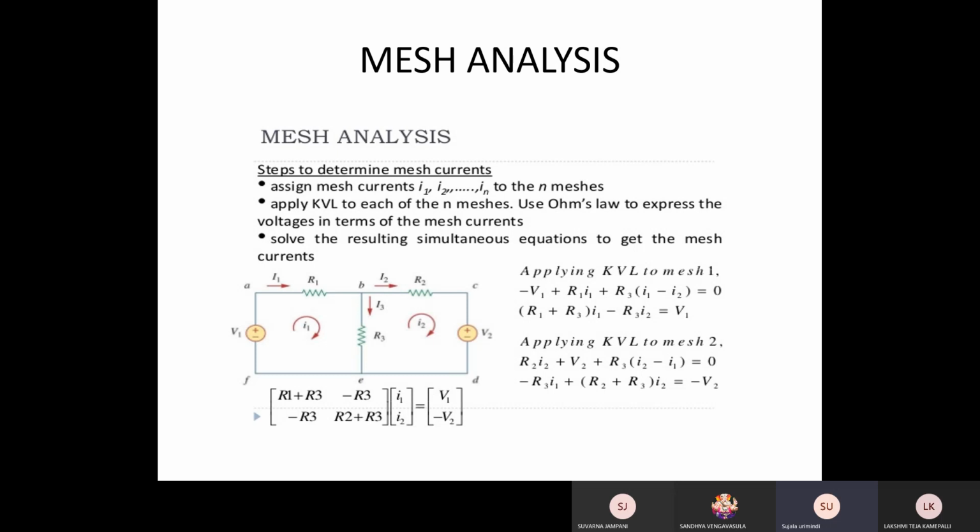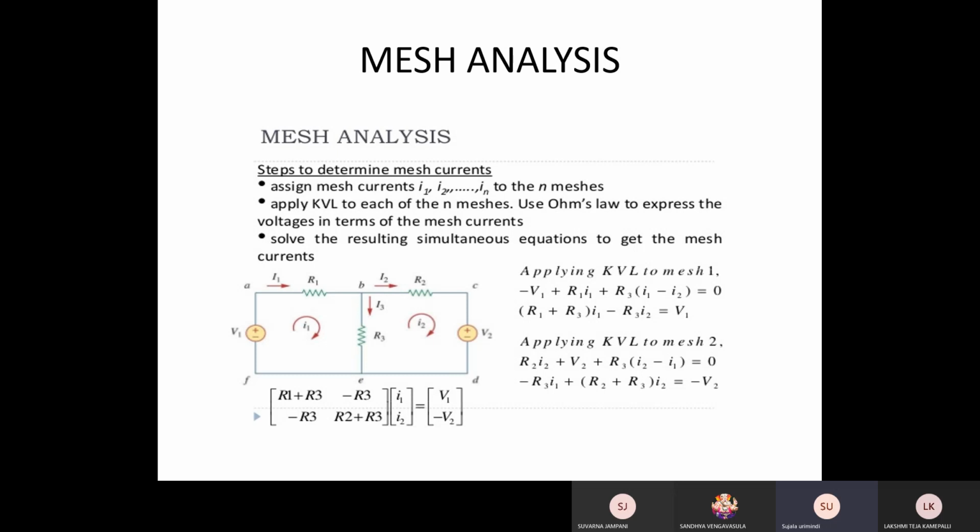2 loops. Next, depending upon the direction of the current, we have to put the polarities. That means when the current is entering, put it as plus, and when leaving, put it as minus. Like that, we have to assume the polarities: entering plus, leaving minus. When you take this loop, there is no change of the voltage, and then R1 current entering is I1, plus minus. When it goes to R3, entering will be plus, leaving will be minus. Like that the polarity is assumed.